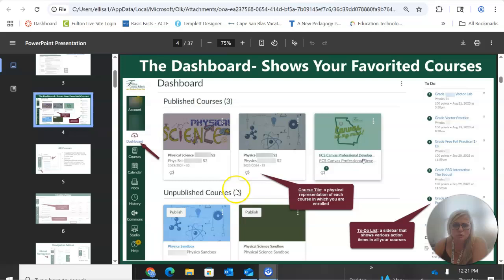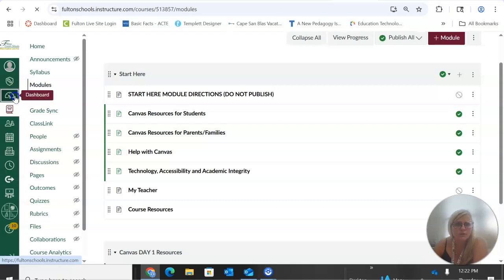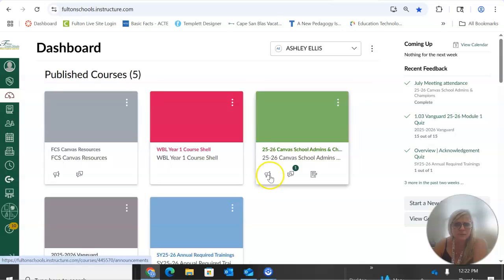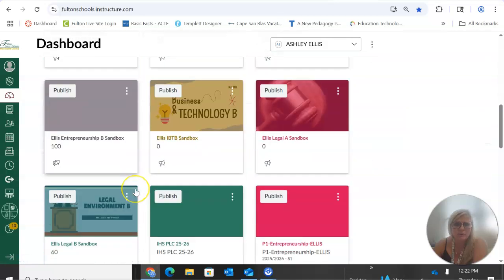Obviously, when you have an unpublished course, the easiest thing to do to publish it is just to hit the publish, and it's going to then appear up top in your published classes. If you have old courses that you would like to get rid of, you're going to be on that dashboard. Again, we have hopefully all of your current courses up here,